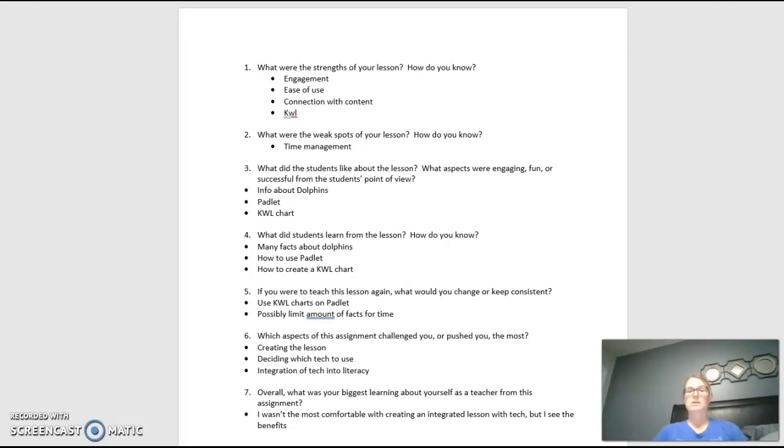I was really amazed at how we had a mini lesson before my recorded lesson on using Padlet. She had never done it before, never done a KWL chart. We practiced a KWL chart on Padlet using drafts. I showed her maybe the K, she did the W and L, and then by the time we got to the dolphins, I rarely had to help her. So just maybe having more confidence in students to use new technology, I guess, and taking that risk.